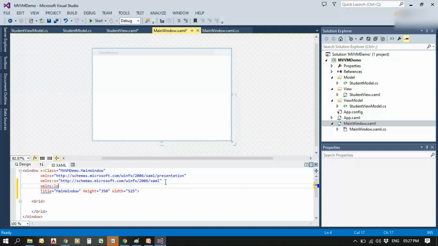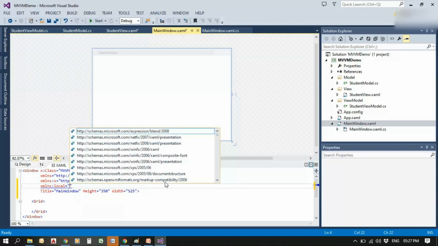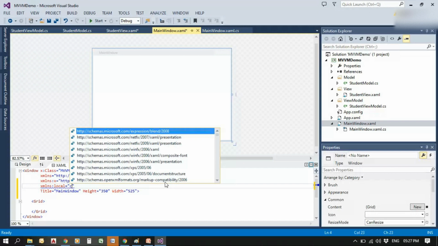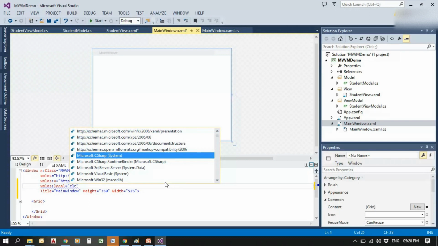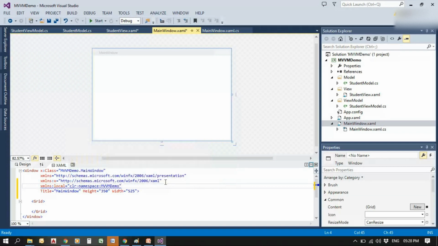So xmlns will give local, and inside that we need to give the namespace of MVVMDemo. So clr-namespace colon the MVVMDemo, and inside that we have Views.